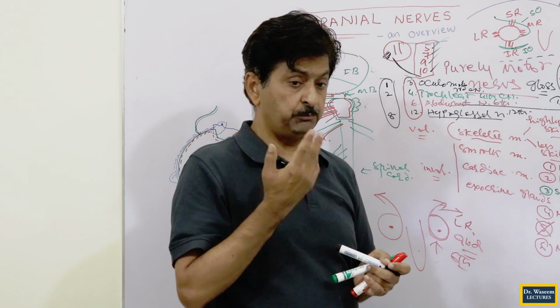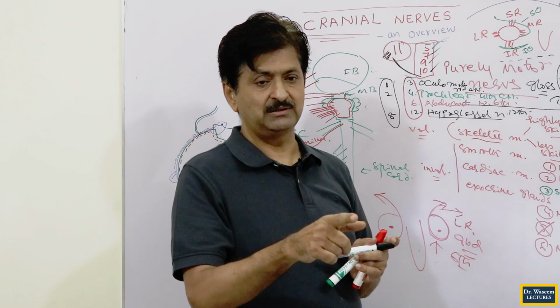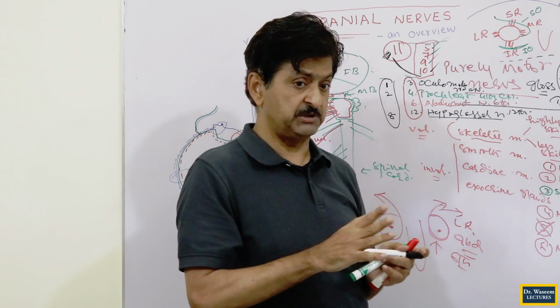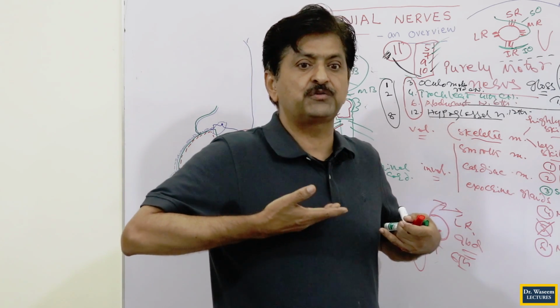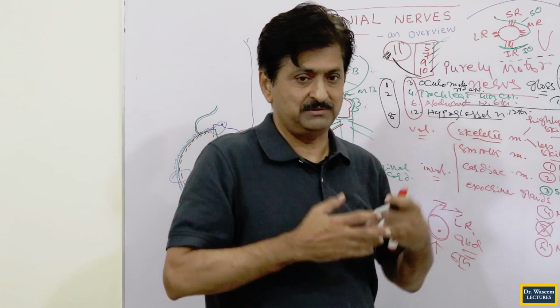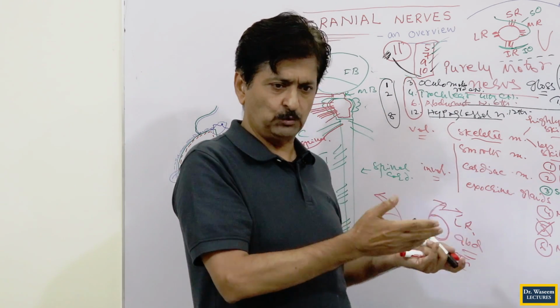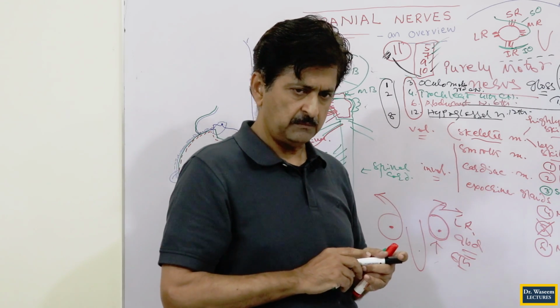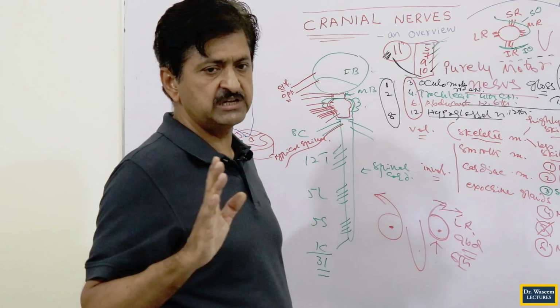Because the pharynx and larynx, very important muscles, are to be supplied here by the vagus nerve, by the fibers which are in fact initially carried by this accessory nerve. And the accessory basically is not a cranial, it is actually a spinal nerve. It has to travel a long way from the spinal cord to the cranial cavity to carry these fibers here. If the vagus had carried its own fibers safely, I think the accessory nerve would not be required. Understand? So this is what we call the accessory.